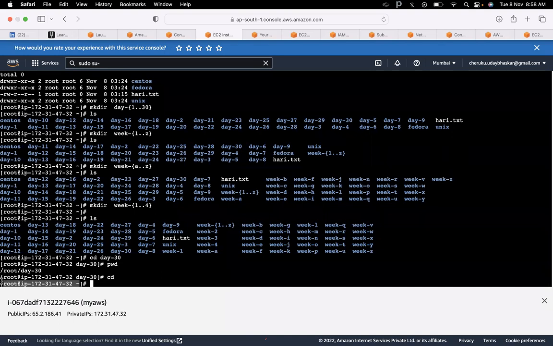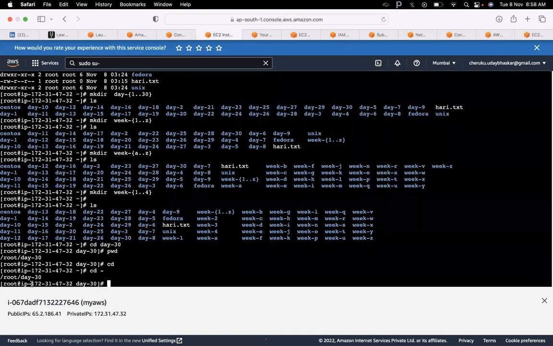If you use cd -, it will go one step back. If you want to switch to day 30, but use cd -, it will go back to the last directory you were in.